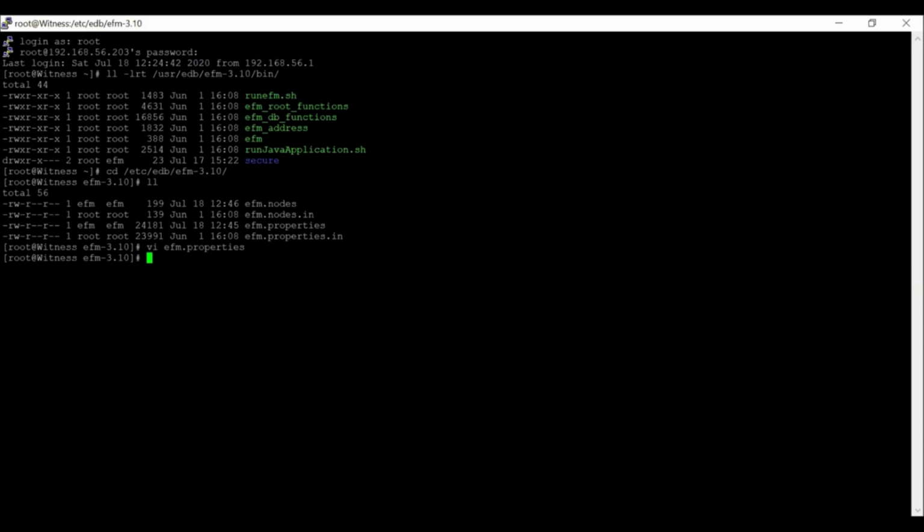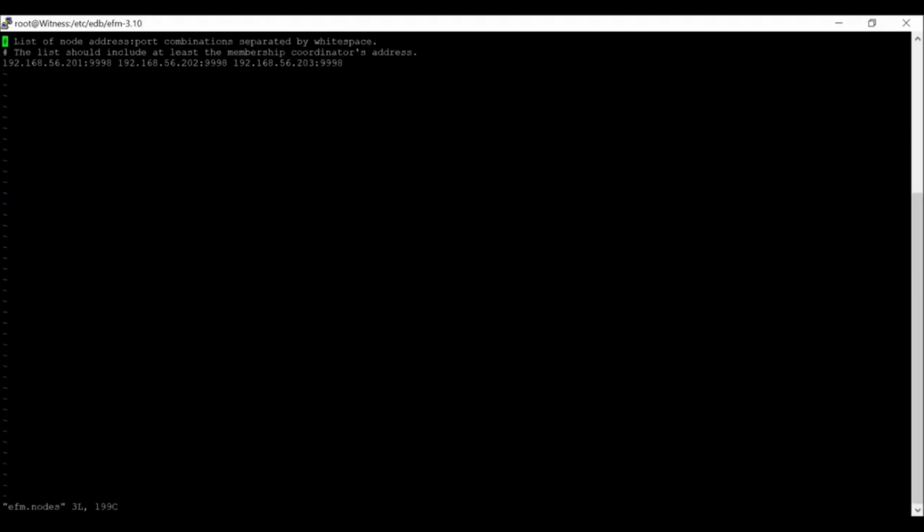After that, we need to modify another configuration file, which is known as efm.nodes. In this configuration file, we need to mention the IP addresses of all the members of the EFM cluster, and when the EFM agent starts, it will use this file to locate other cluster members as well.